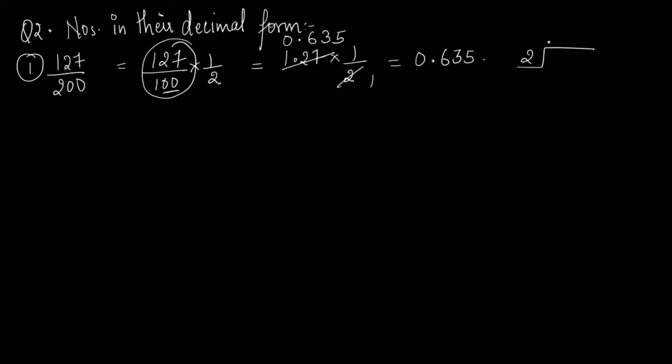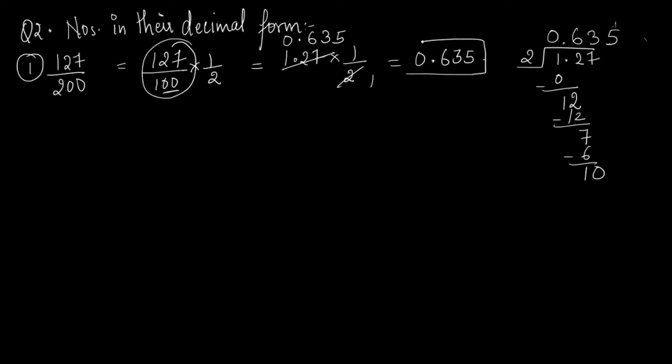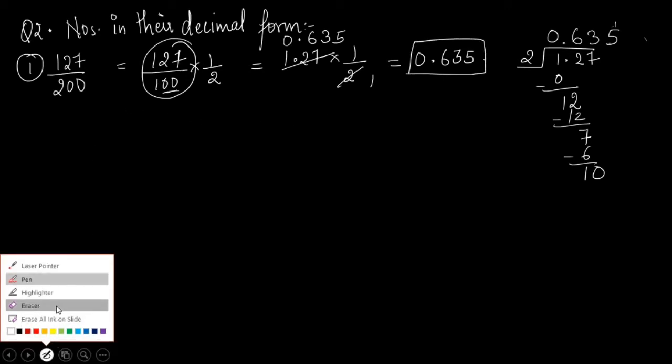See, if I write 2 over here and 1.27, like that. Now this is 0, the 0. Now 1 gets carried, decimal point comes on the top. I have 2 over here. Now 2 6s are 12, right? So now 7 comes down, 2 3s are 6. 1 remains, and as it is after the decimal point, so 5. That is why my answer is going to be 0.635. So I hope you have understood this sum.